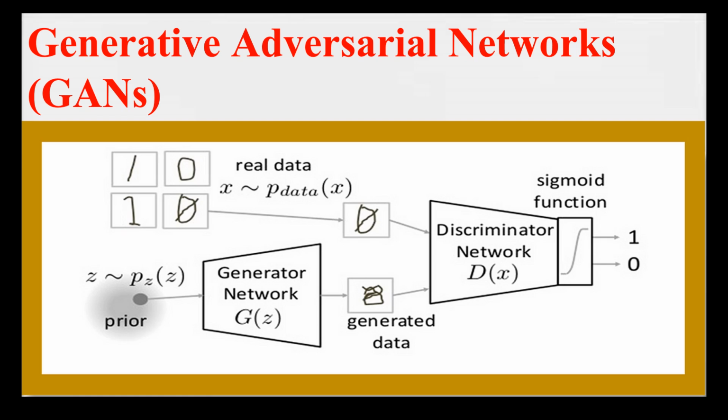So in simple terms, think of it as a game between two players. Player 1, or the generator, tries to create images or outputs that are so convincing that player 2, or the discriminator, can't tell the difference between the generated images and real images. Then player 2, or the discriminator, tries to correctly identify which images are real and which are generated. And this game continues until player 1 can create images that are so good that player 2 can't tell the